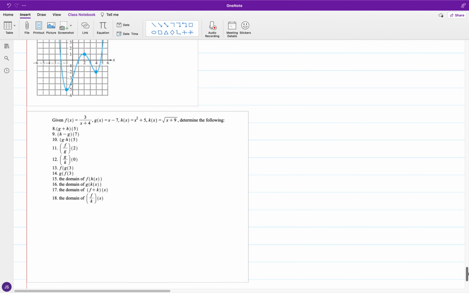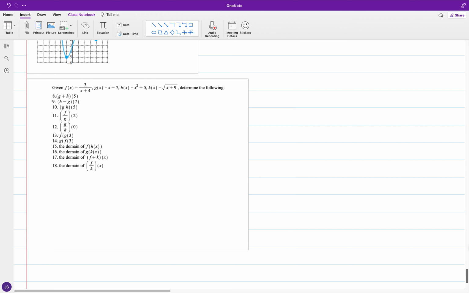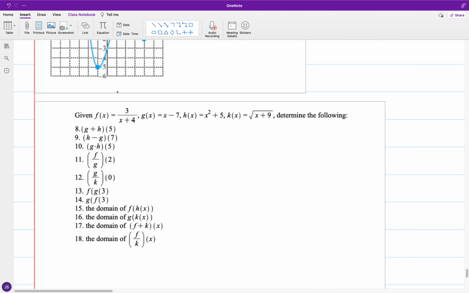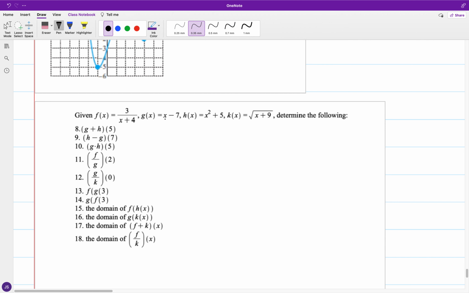All right. Now for operations between functions. For this particular group, we have 4 functions: f of x, g of x, h of x, and k of x. In the case of number 8, we're looking at g plus h of 5. So you have a specified input. g plus h of 5 will be g of 5